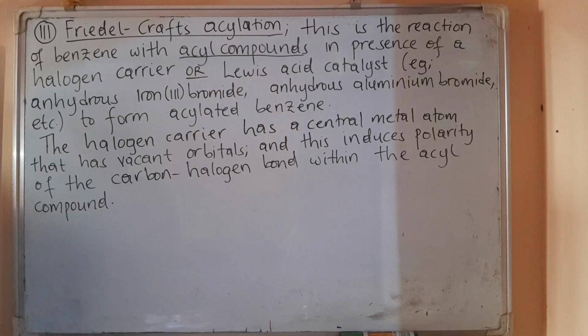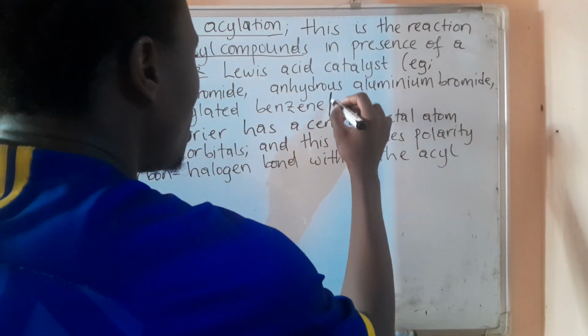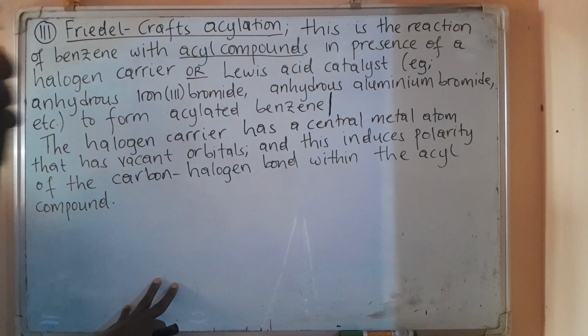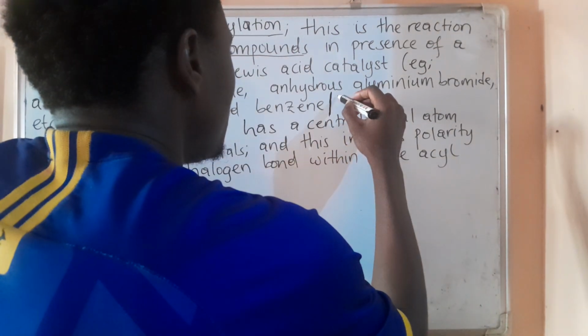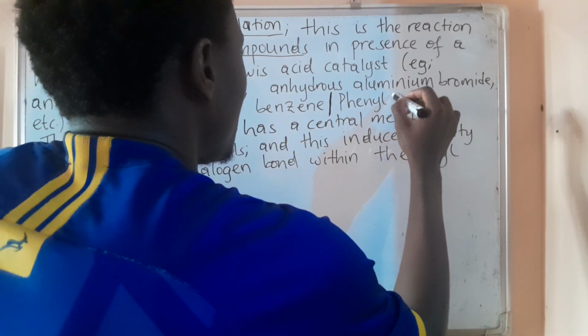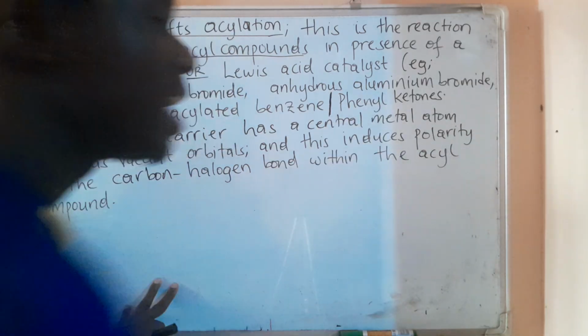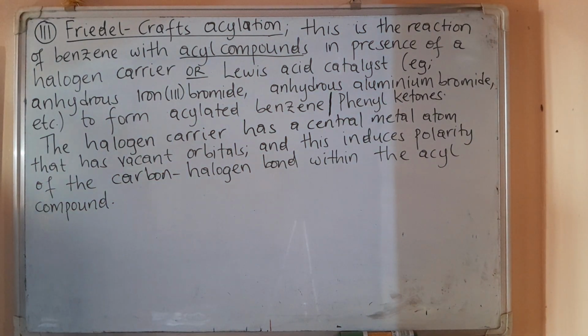Now here the product is acylated benzene or a carbonyl compound. Carbonyl compounds which we call phenyl ketones or phenyl alkanones. The halogen carrier serves the same purpose as before. It has a central metal atom that has vacant orbitals, and this will induce polarity of the carbon halogen bond